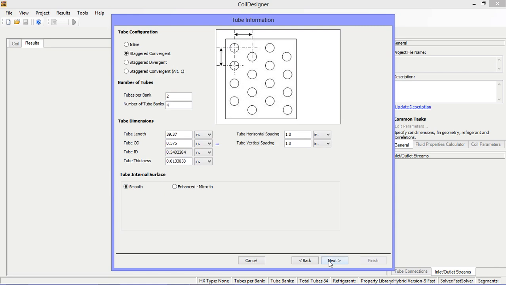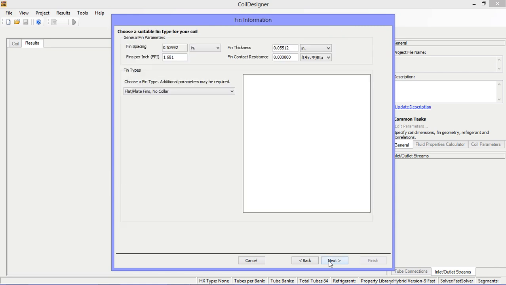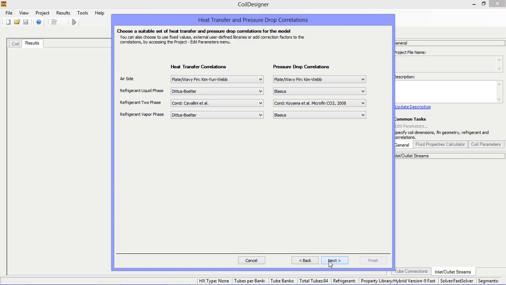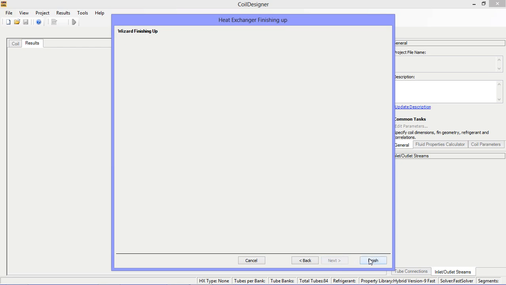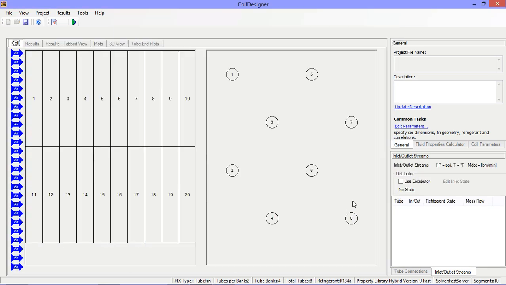The next three tabs for fin geometry, working fluids, and correlations are the same as for the microchannel new coil wizard. For details on setting up these tabs, please see our microchannel tutorial or the help file. Click Finish. The coil wizard is now complete and you'll see the tube end view and the segments in the